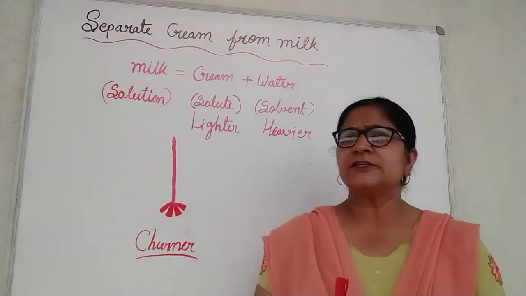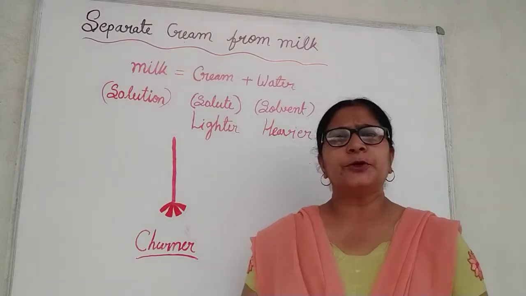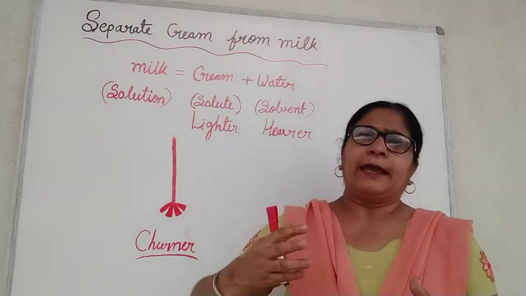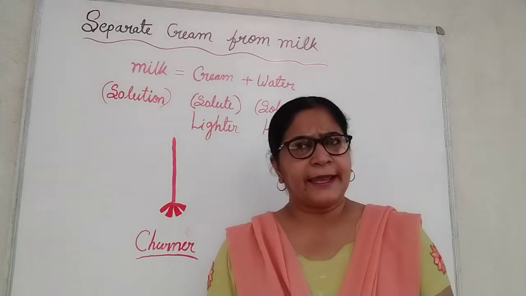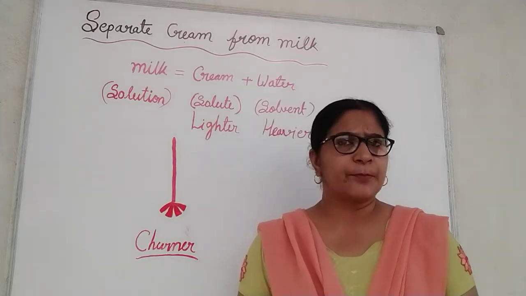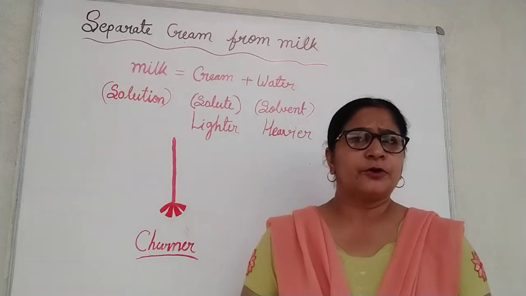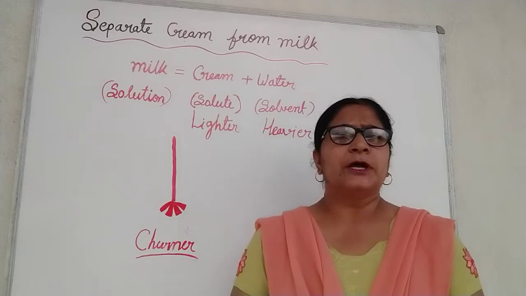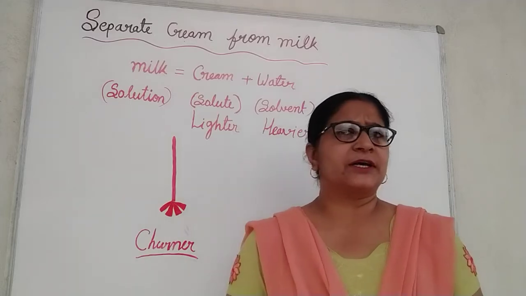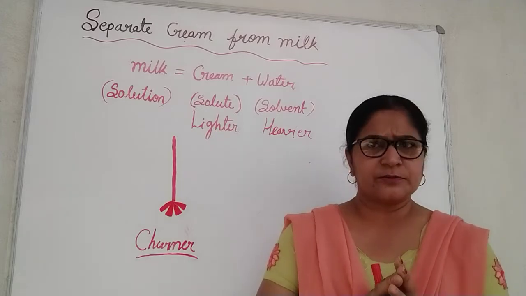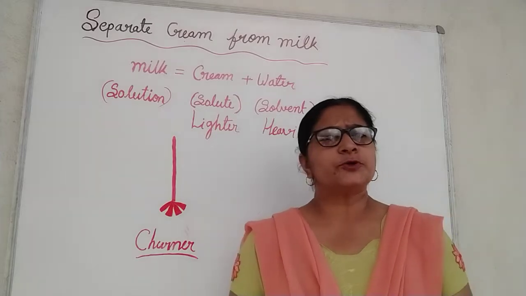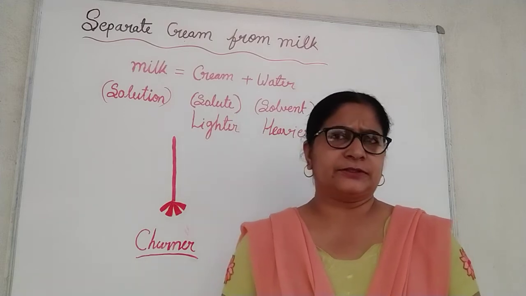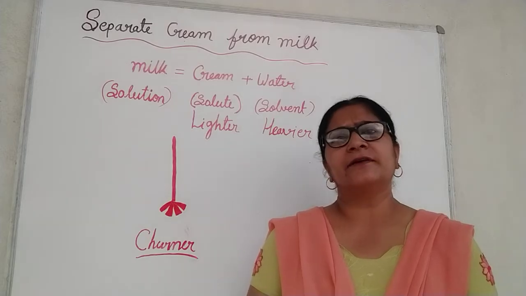This process is very useful to diagnose blood and urine in the laboratories. It is also used in dairies and homes to separate butter from the cream. Your mom must be doing it. It is also used to squeeze water from the clothes in the washing machine. It is the same technology. The water is a little heavy, it comes down and it is drained.